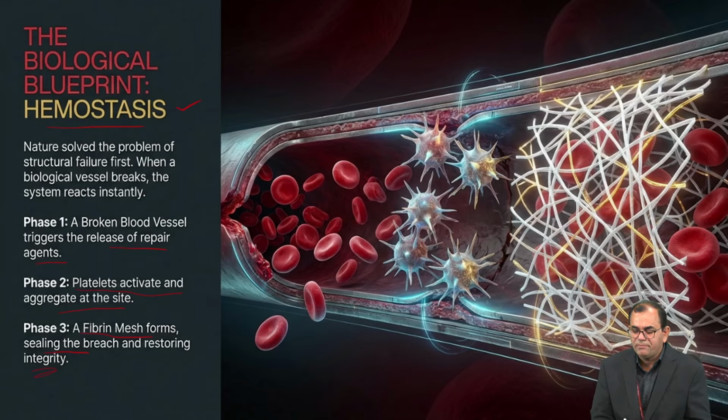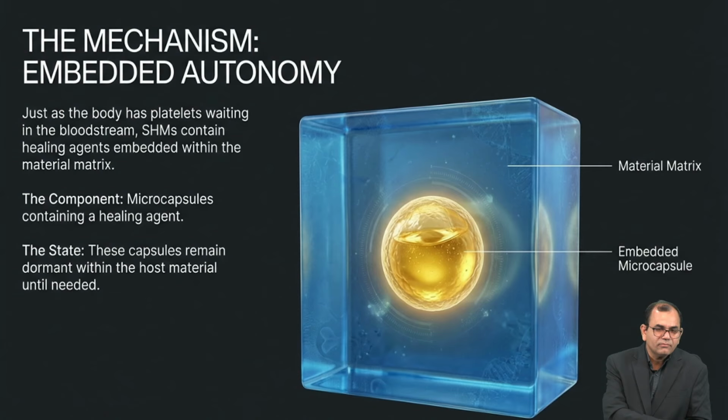Now we can see the beauty. There is a complex network system here. As mentioned, platelet activation is followed by the release of thrombin and prothrombin, and then it will lead to fibronectin, fibrin mesh, and collagen-like mesh formation. With that, this network will stop the flow of the blood, and that is how our smart healing material has to be activated, and it should repair itself.